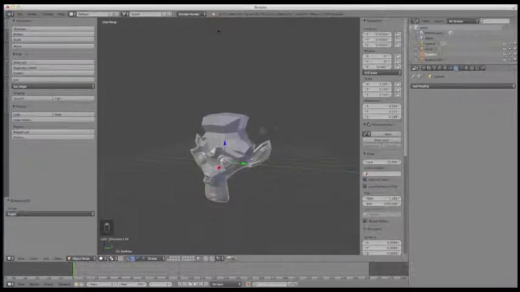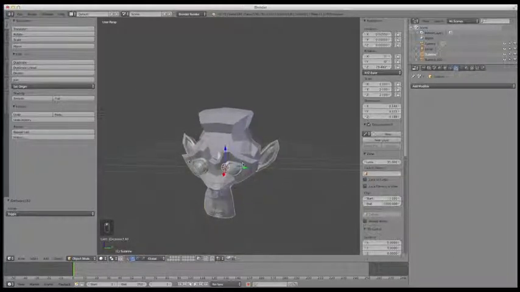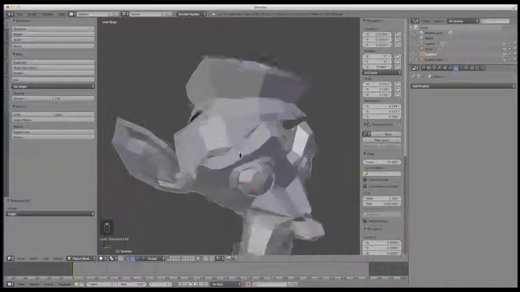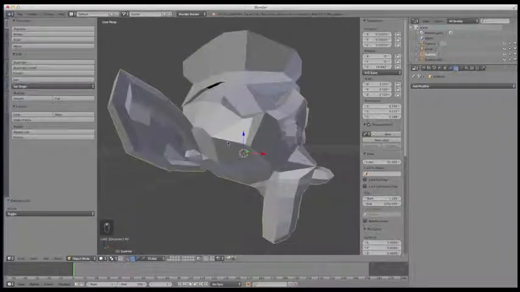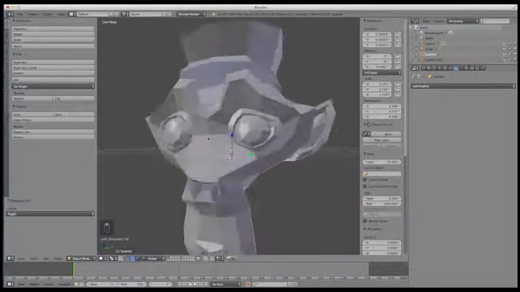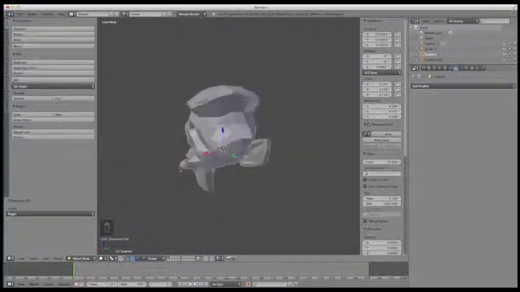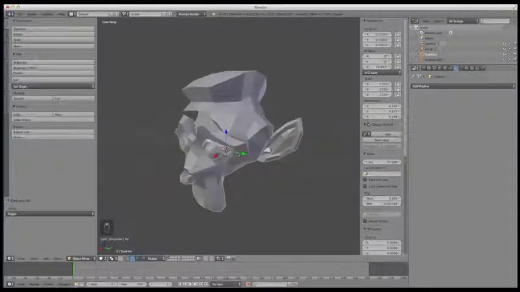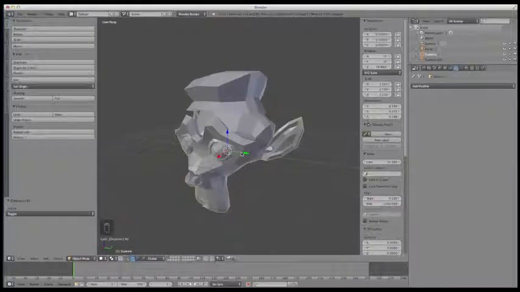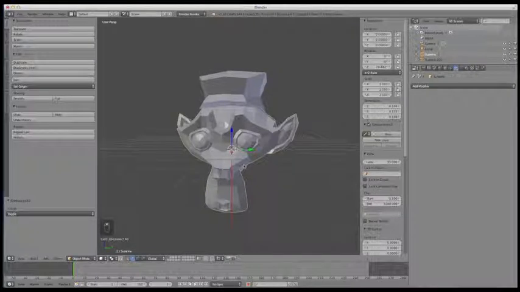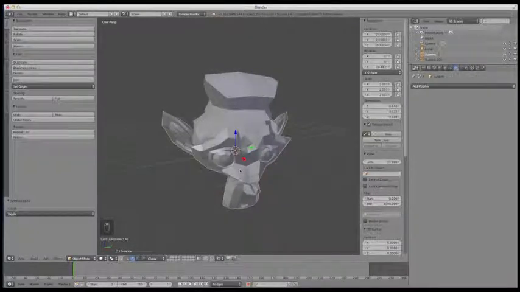So let's prep the model for some modification. One thing I'm going to do is come over here to shading under the tools panel, and right now it's set to flat. So if I look at this model, I can see all of the separate faces, and it looks really jagged, like it's sort of made out of a rock. And that's good because it can show you what your model's doing as you're modeling. But now I want to create more of a smooth object, and I want to come in here and start refining things, I'm going to change the way this looks and is rendered in the viewport so that it's